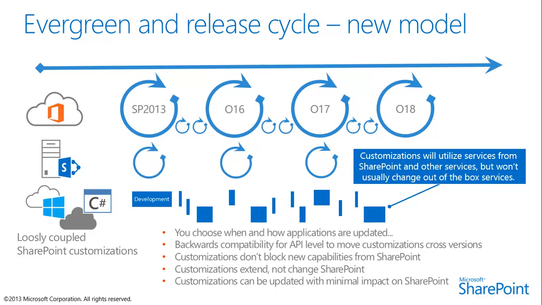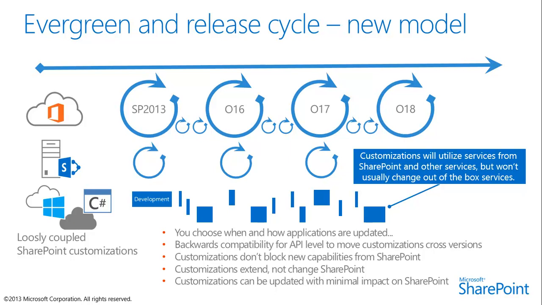So we have these loosely coupled SharePoint customizations running somewhere outside of SharePoint. Indeed, some of that might have a deep impact on SharePoint versioning, but at a high level, in the maturity of the SharePoint app, customizations run outside of the SharePoint context, and therefore we can upgrade SharePoint without impacting any of the customizations. And while we upgrade SharePoint, the app most likely, I'm using the words should and most likely, I know, will have backward compatible APIs to move across the versions.